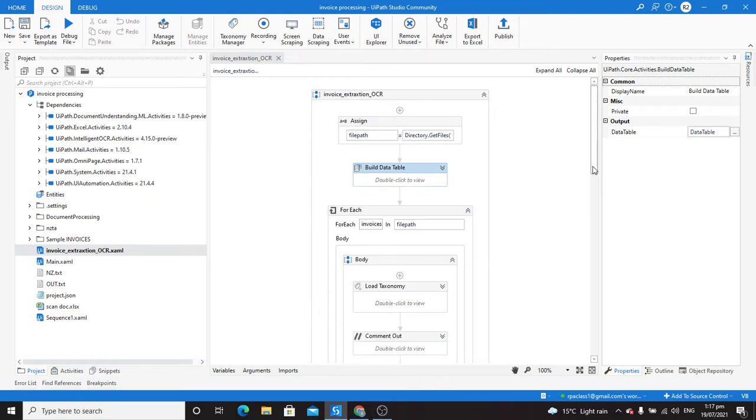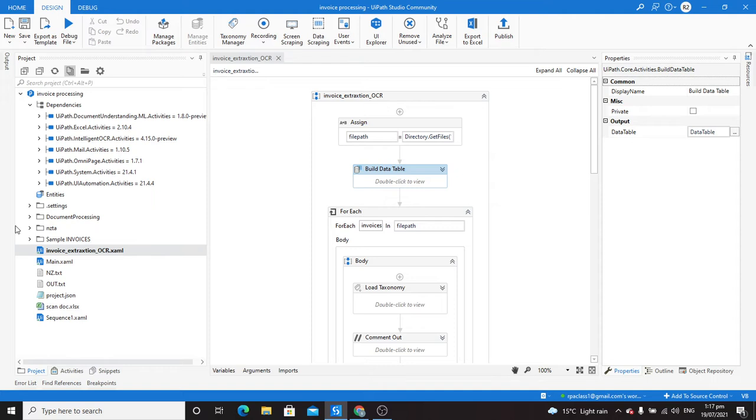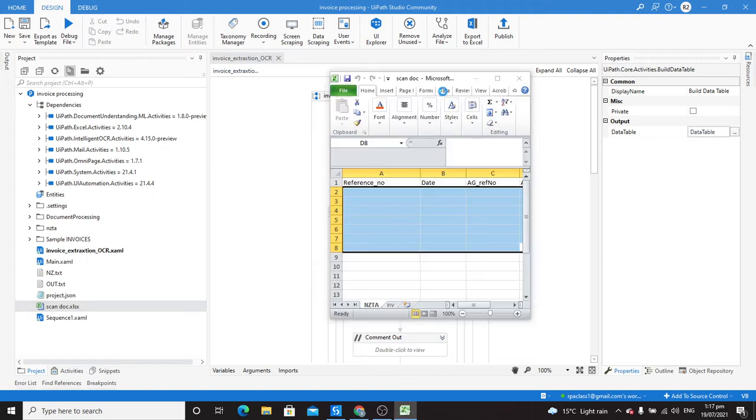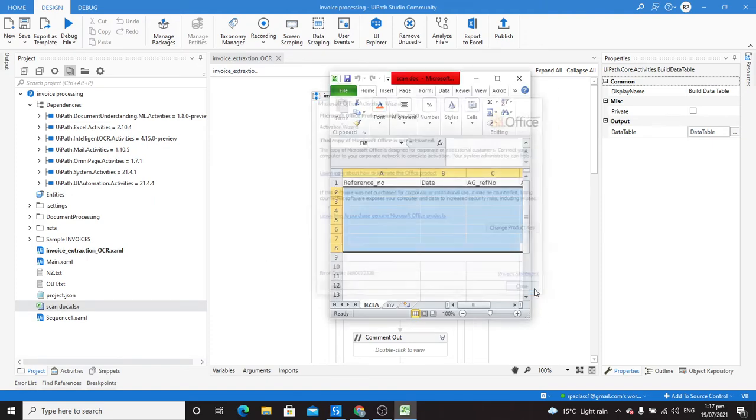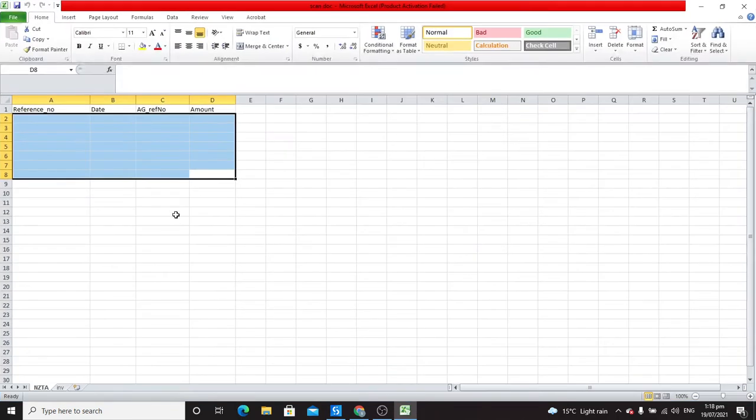Alright guys, so if we see my project, we have the Excel file, right? We don't have any data. NZTA is the file name and the sheet name. We don't have any data and we want reference numbers, date, AG reference number and amount